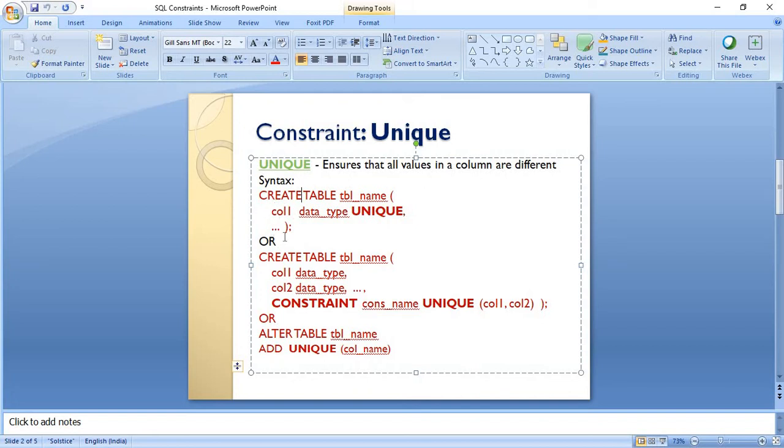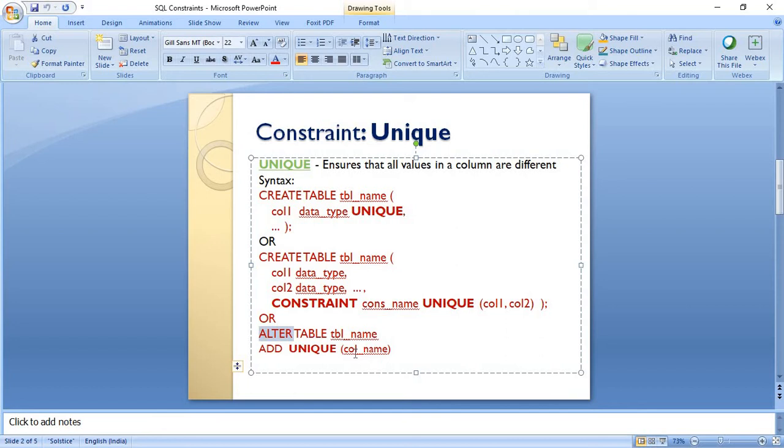Another way is when the table is already created and we want to add a constraint to any column. We can do that with alter table name, add a unique constraint, and in the square brackets we provide the column name.